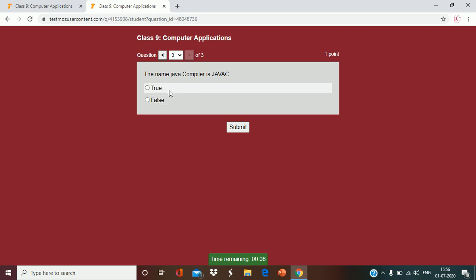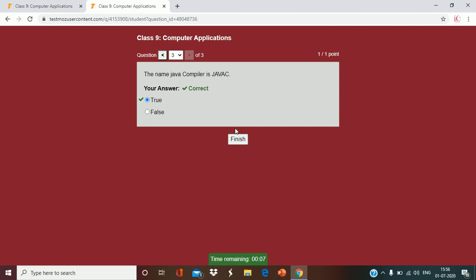Now, the name of Java compiler is Javac. Oh sorry, I wrote the wrong answer. The name of Java compiler is Javac. So it is true. Submit. See, the answer will be like this. Yes, correct. If I write false, then it will show incorrect. Now we cannot change this, because once it is submitted it's final only.